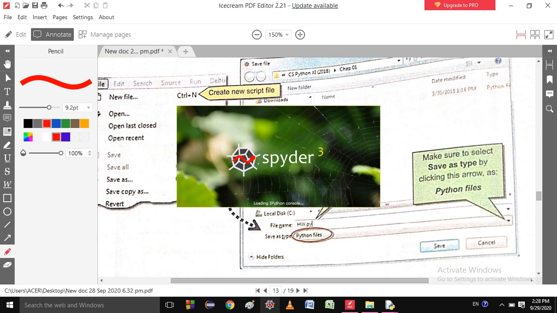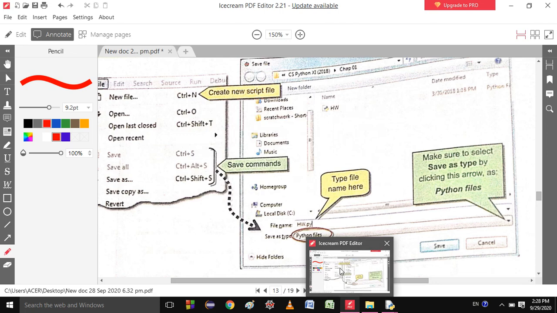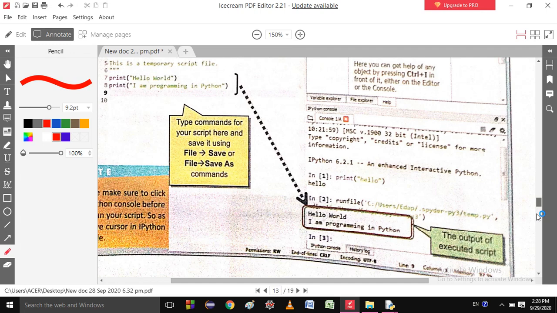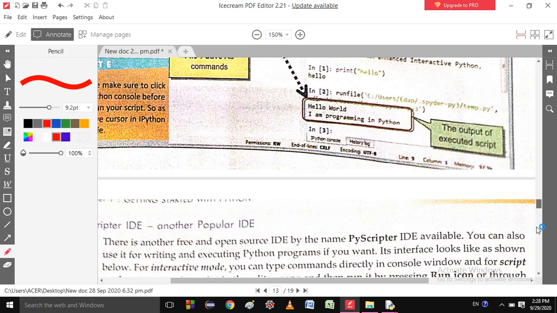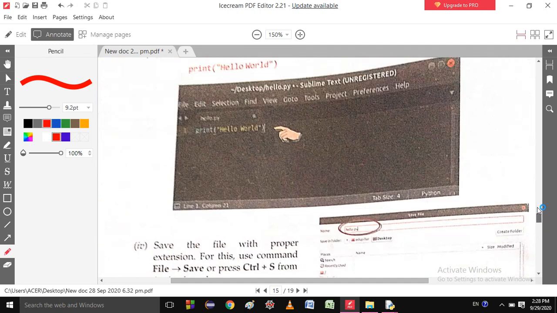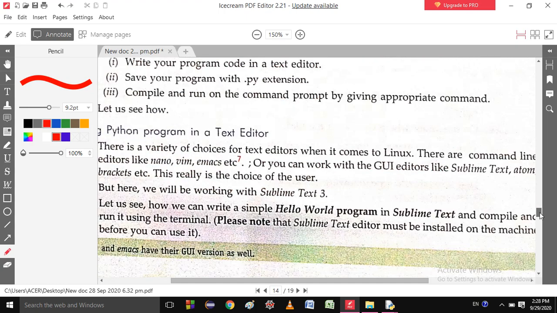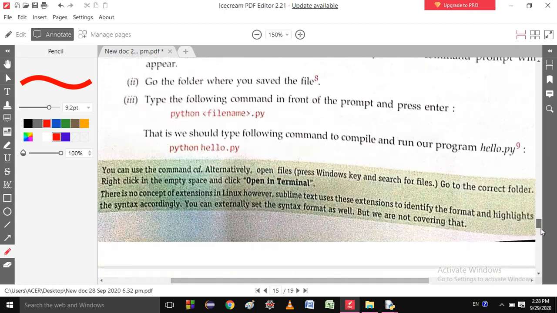Spyder. So this is opening. It will take time. Let me show some other things. Another popular one is Spyder. Anaconda distribution you can download also. Spyder IDE, Python program and text editor.